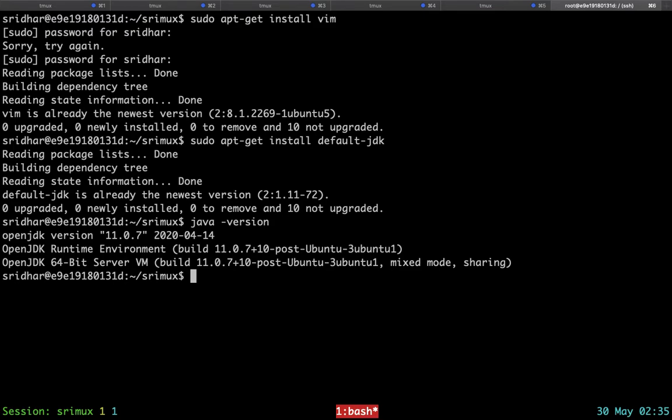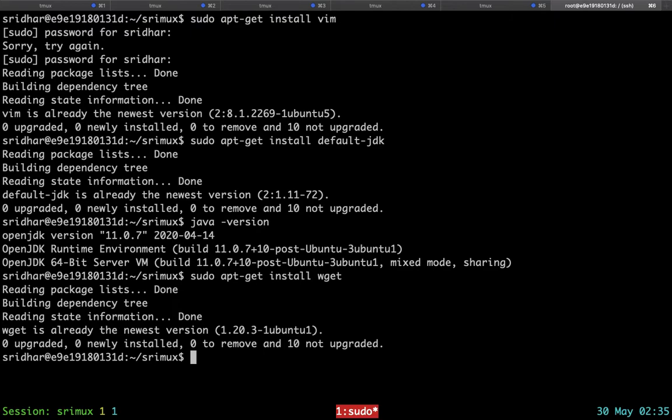Next will be to install the Lean package, which is like a project automation tool for Clojure projects. We need to download a batch file that is in the instructions available in leiningen.org. So let's try to download that. First we would need wget to download it. Wget is already there. Great.